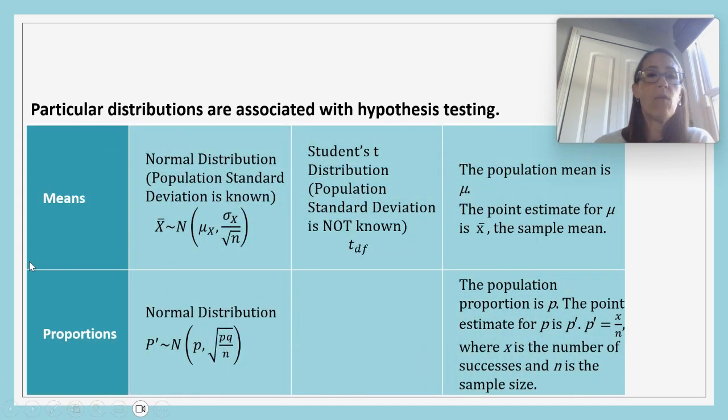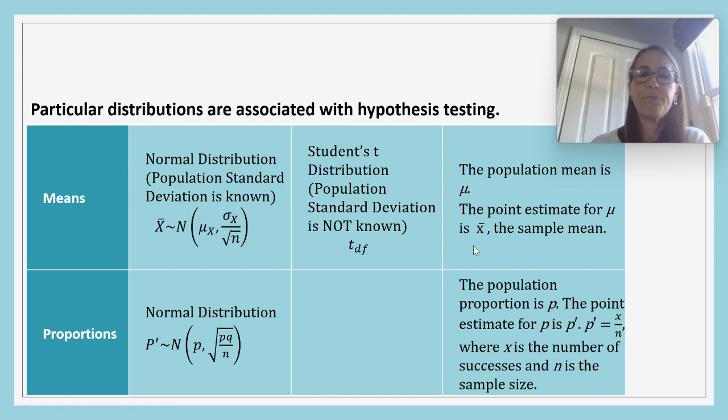So here we have, when we're doing hypothesis testing on means, we might use the normal distribution if we know the population standard deviation. So we've seen this normal distribution before, where we have the mean of our original variable, but then our standard deviation is the population standard deviation divided by the square root of the sample size. If we do not know the population standard deviation, then we use the student's t distribution. So in both of these cases, the population mean is mu, and the point estimate for mu is x bar,